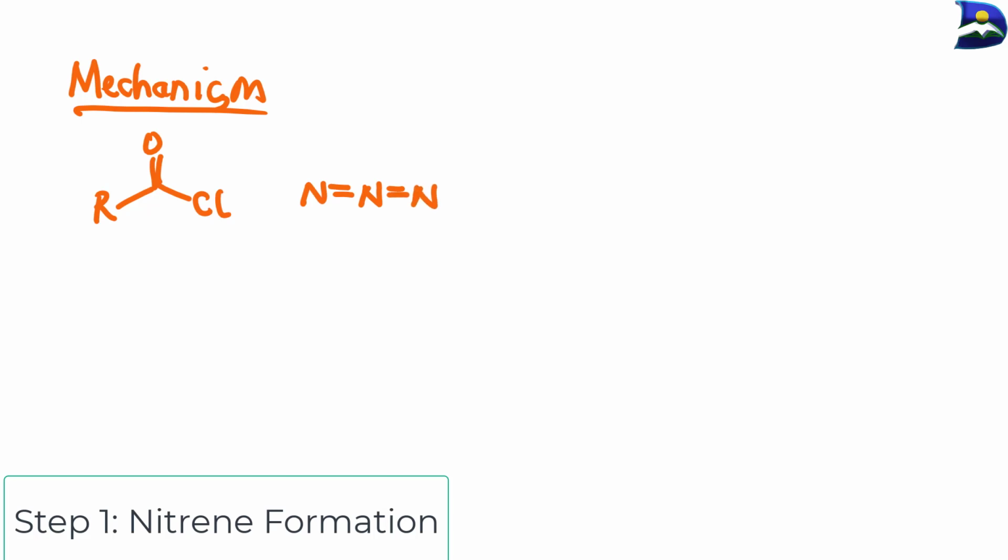Take note here that due to charges that are going to be present, we have a negative charge right here, a positive charge right here, and a negative charge right here. This is due to the presence of two lone pairs around this nitrogen and two lone pairs around this nitrogen. Therefore, any of these nitrogens at both ends that are negatively charged will be sensitive to